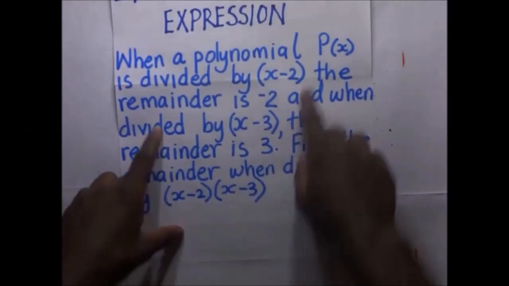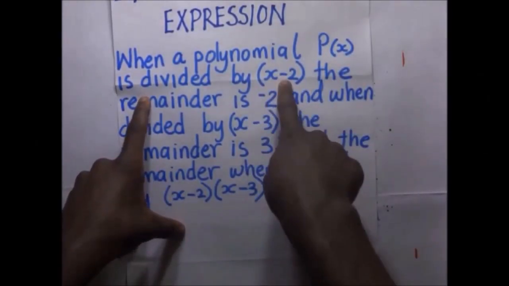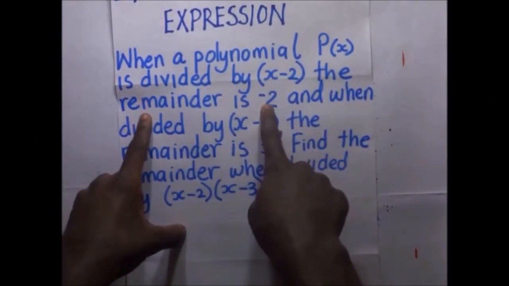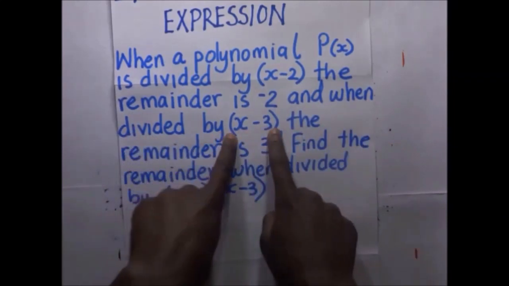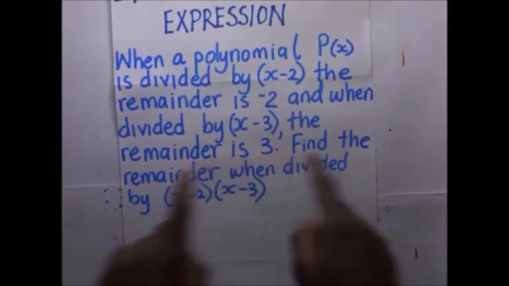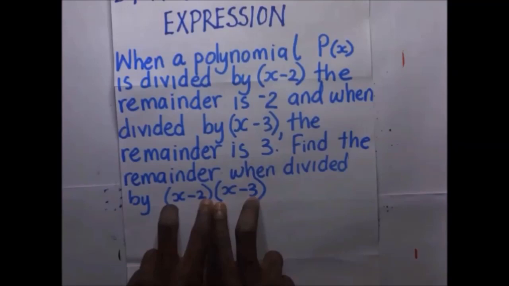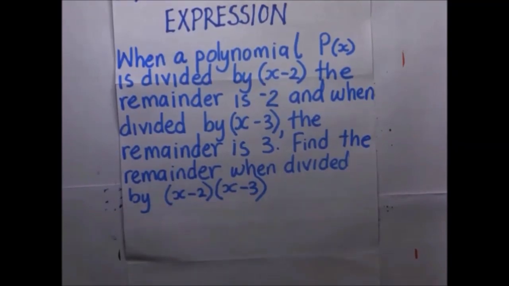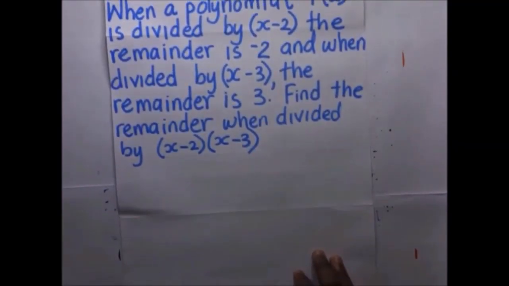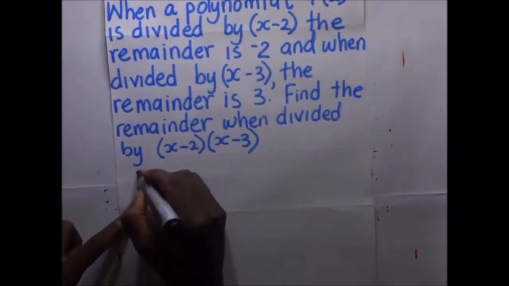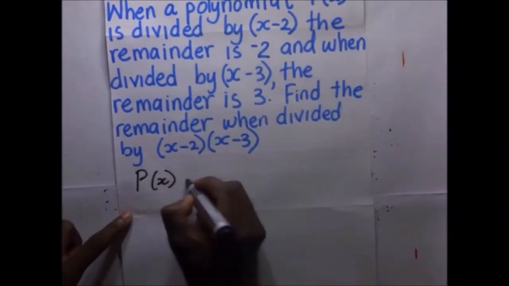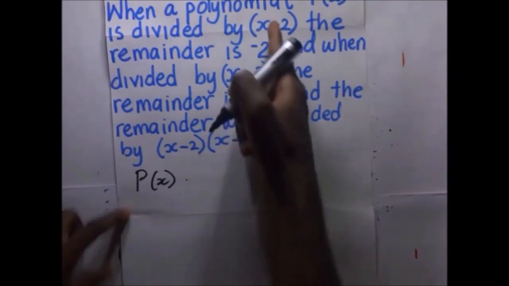When the polynomial p of x is divided by x minus 2, the remainder is negative 2. And when it's divided by x minus 3, the remainder is 3. Find the remainder when it is divided by that. Okay, so we begin. The polynomial first of all is p of x. Now when it's divided by x minus 2,